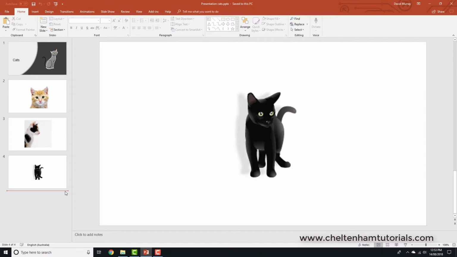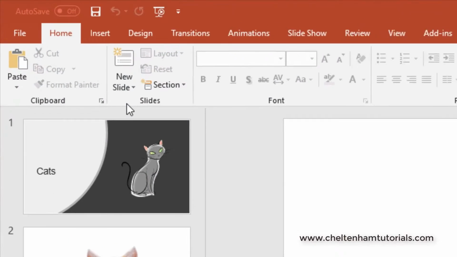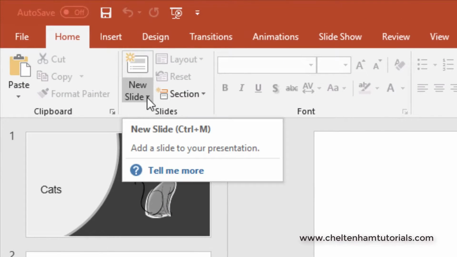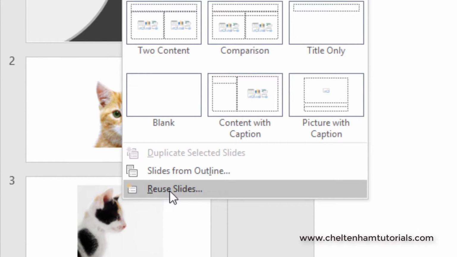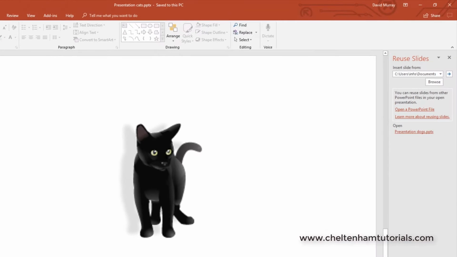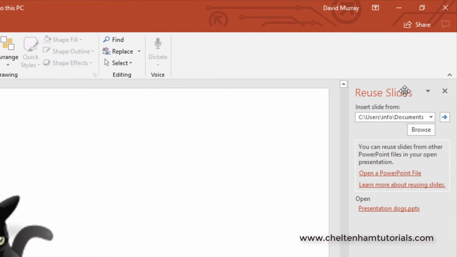what I can do is now insert some slides from a totally separate presentation called dogs. And the way I do this is I click on the down arrow under where it says new slide, and I click on this option that says reuse slides. Over here you've got the reuse slides dialog, and I click on browse